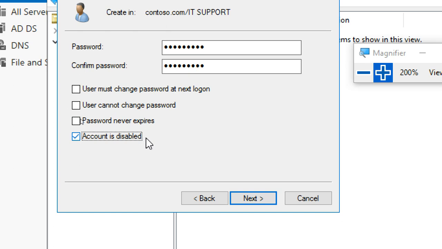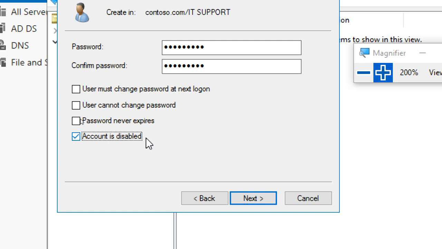Next, account is disabled. For example, again, Somil is about to join. Actually, he has to join next Monday. He has completed all the documents, the document process is completed, and information is sent from HR to the IT support people. The system administrator creates the account immediately.